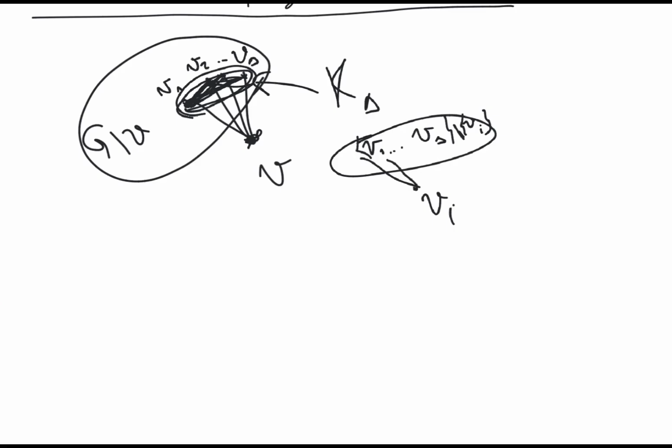So there are delta minus 1 such vertices, so it is connected to delta minus 1 of these vertices, plus it is adjacent to V. So the degree of this vertex Vi